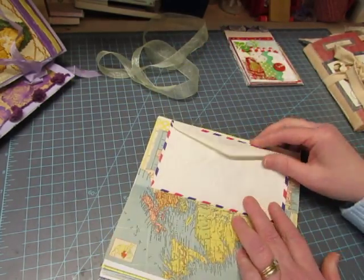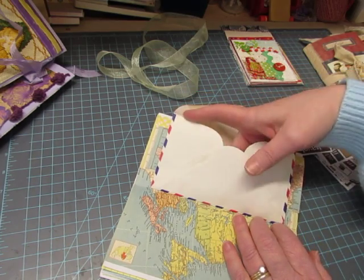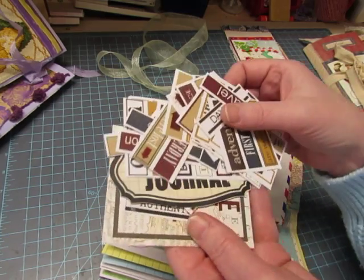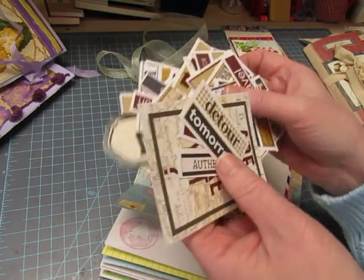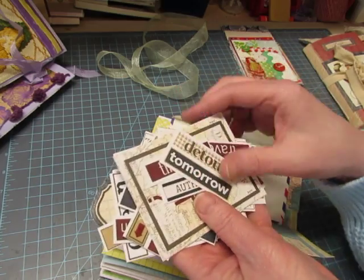Here is, I think it's vintage, somebody sent this to me, it looks vintage, an airmail envelope. And inside the envelope I put a lot of the extra cutouts, so you can add them in the journal wherever you want to. Since I didn't decorate it a lot, I wanted to include a lot of things that you could use. So there's lots of words,